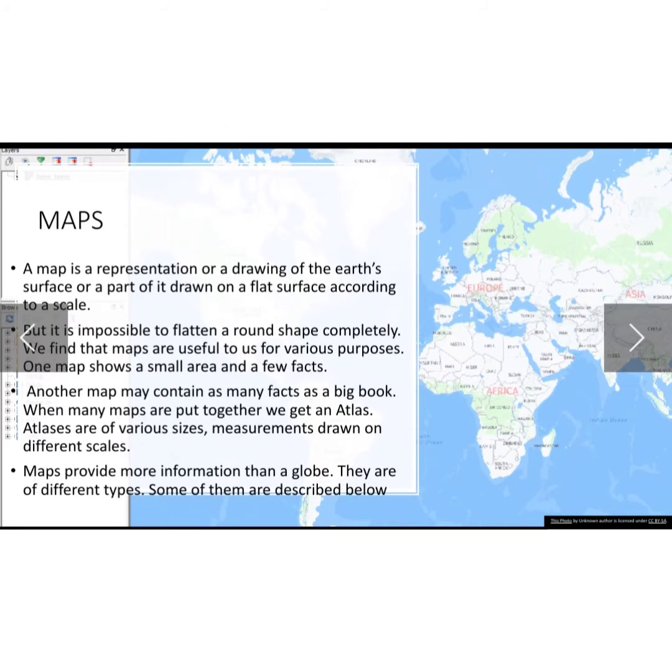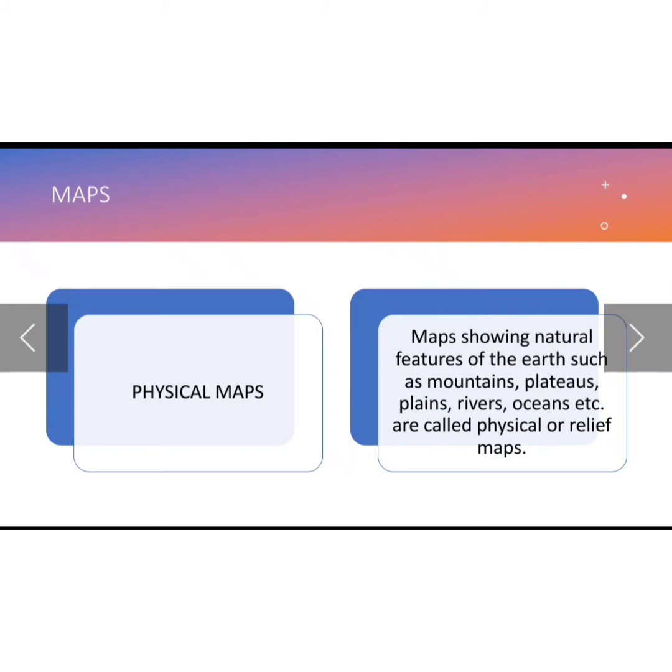If we want to study one particular town, village, city, district, river, or ocean, we can study it easily in a map. And maps are of different types, and they are: number one is the physical map. The first category of map is the physical map. Physical maps show the natural features of earth such as mountains, plateaus, plains, rivers, oceans, and are called physical maps